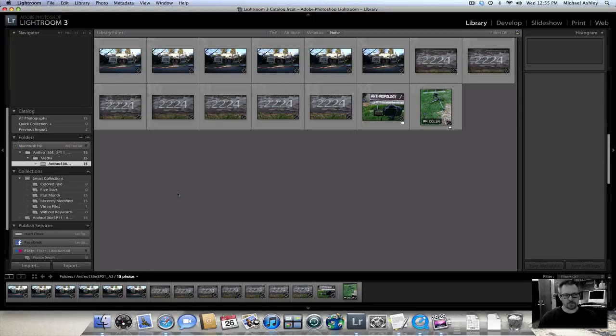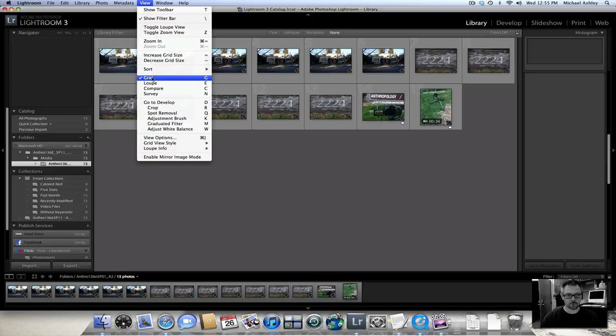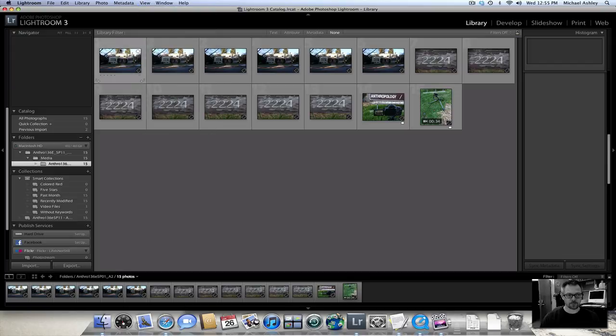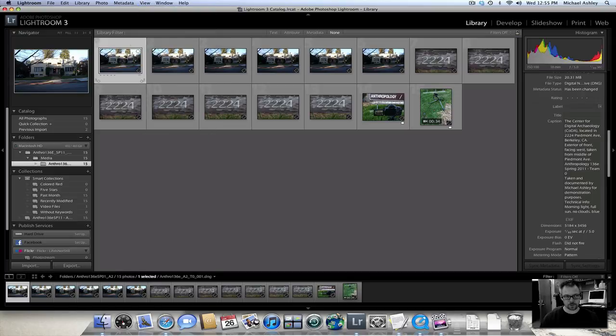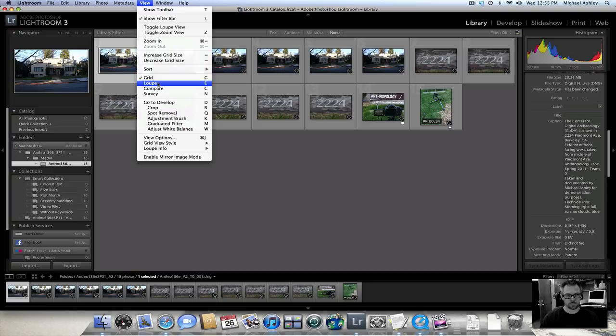In this movie, we're going to talk about using the library workflow for rating images. So here we have our set of images that have now been imported, and we are in what's called the grid view. And one thing, as we double click on any one of these images to go to what's called the loop view,